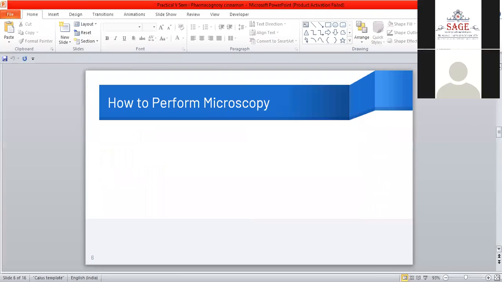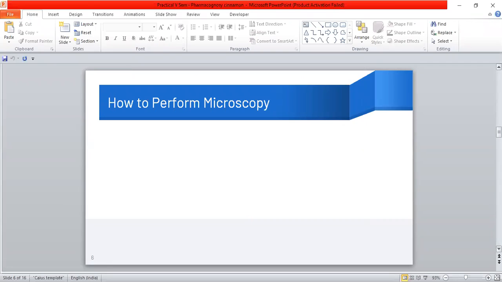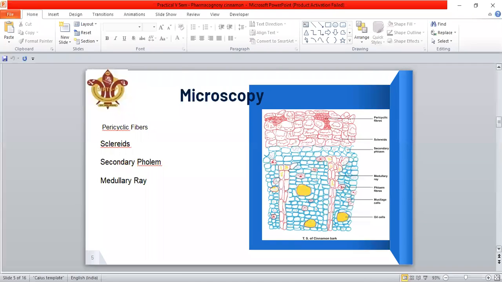Okay. How to perform microscopy? This is the point where we need to understand how the drug is cut for the section. You need to cut the drug in a transverse section. So you need to boil the drug first, in water. When the drug is soft enough to cut into small pieces, it is transferred from the boiling pot to a watch glass with a small amount of water. Once the drug is a little cool, you need to cut it into a transverse section with the help of a blade.